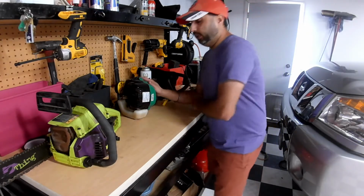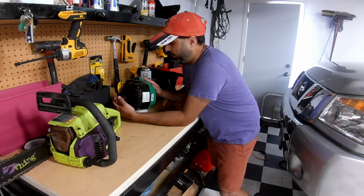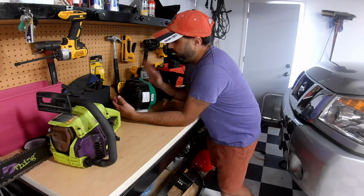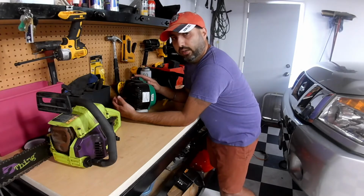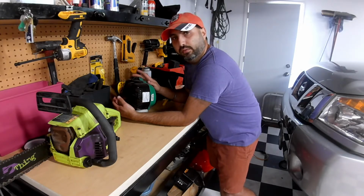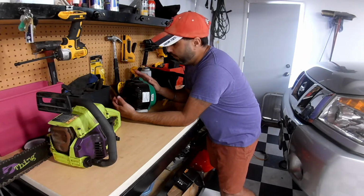And this is the second item. I know I also showed you guys earlier, or not earlier, sorry about that. So this item, and I'll show you guys something later in this video as well, is my personal lawn weed eater that I bought brand new several years ago. I would say almost 8 or 9 years ago I bought this weed eater,